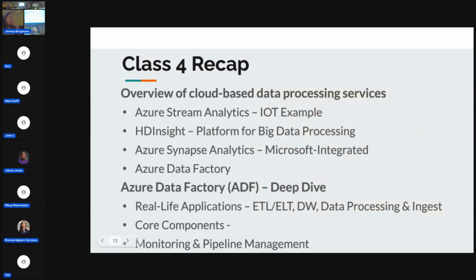All right, so a recap. We cover a lot of ground in these classes early; it's a matter of what we cover at a higher level versus in depth. I think Azure Data Factory was definitely a good one to go into in depth, as this is really the life of a data engineer: creating these pipelines and processing this data. We went through the core components of Azure Data Factory. There are a lot of tools